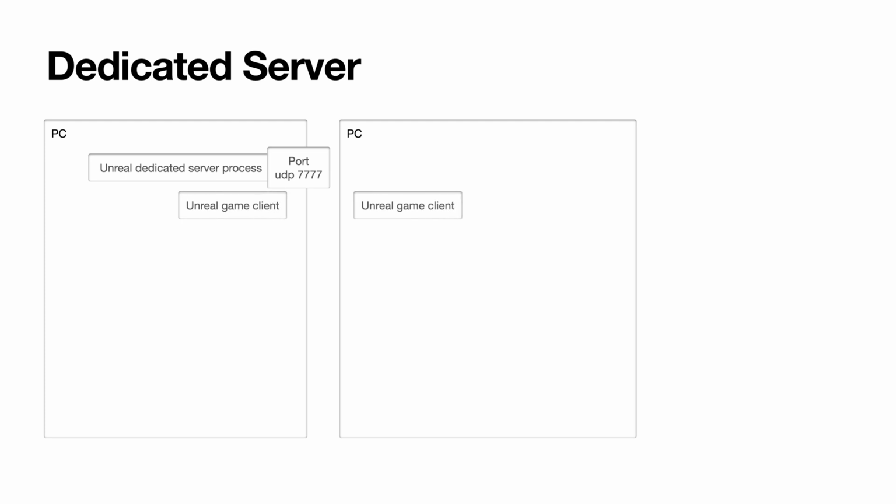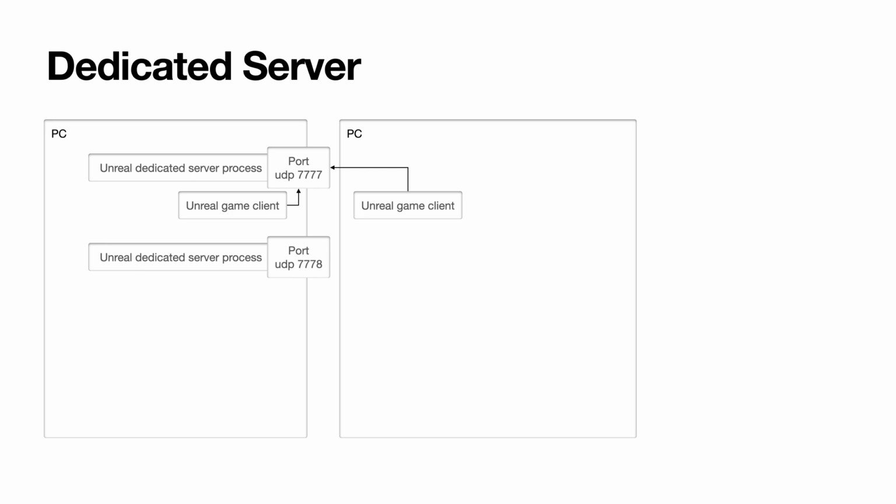The game client on the PC or another PC can connect to the dedicated server process via the port the dedicated server process opened. Once the clients connect to the same dedicated server process, they will be in the same game, same map, with the same game mode. If the dedicated server process changes its map by server travel, all clients connected to it will be brought to the new map too. You can open multiple dedicated server processes on the same PC.